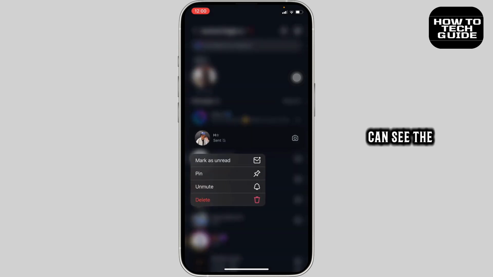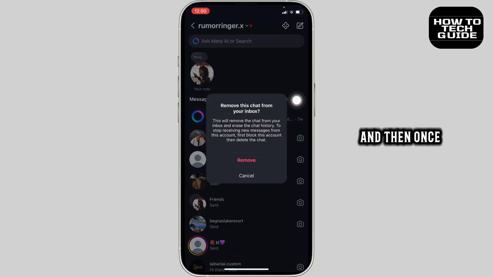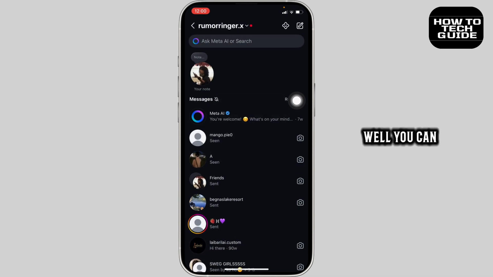After that, you can see the option of delete. Click on delete, and then once again, tap on remove. Well, you can see the chat has been deleted, but you should know that it will only be deleted on